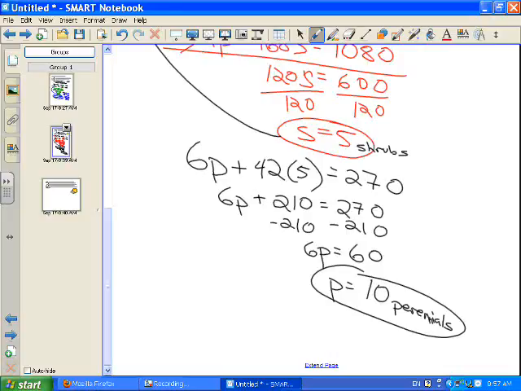All right, last one. Citrus Fruit Company plans to make 13